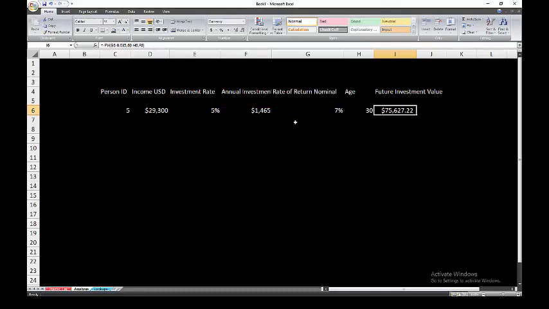Okay, so in real dollars, 75K of real wealth after inflation. One way to think of this is this setup would be true if person 5's income grows in line with inflation, right? Because they're putting the same real amount of money effectively